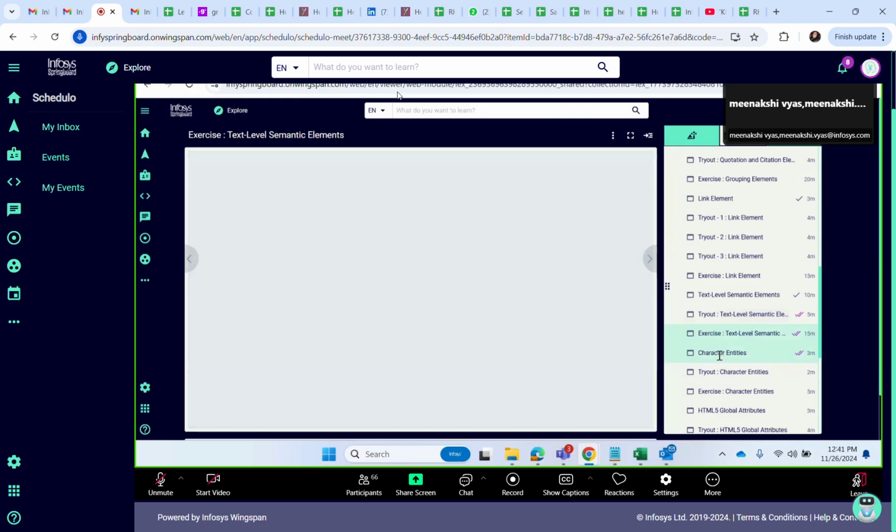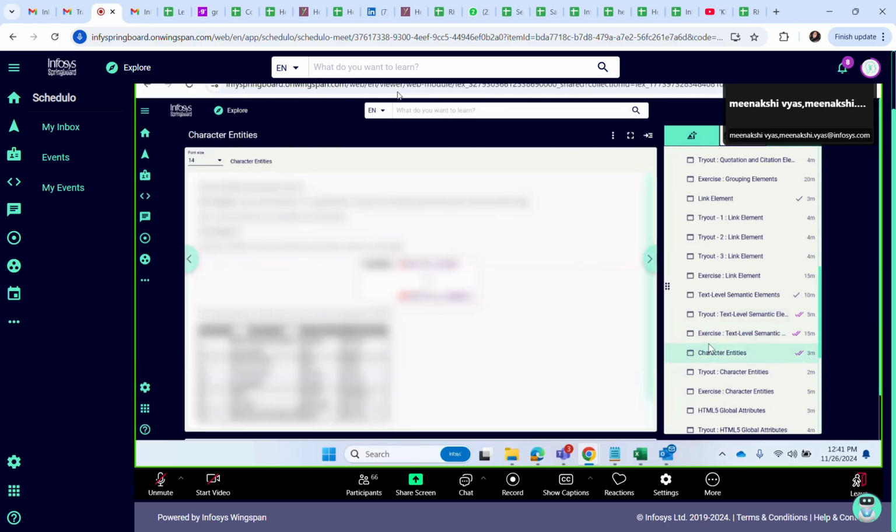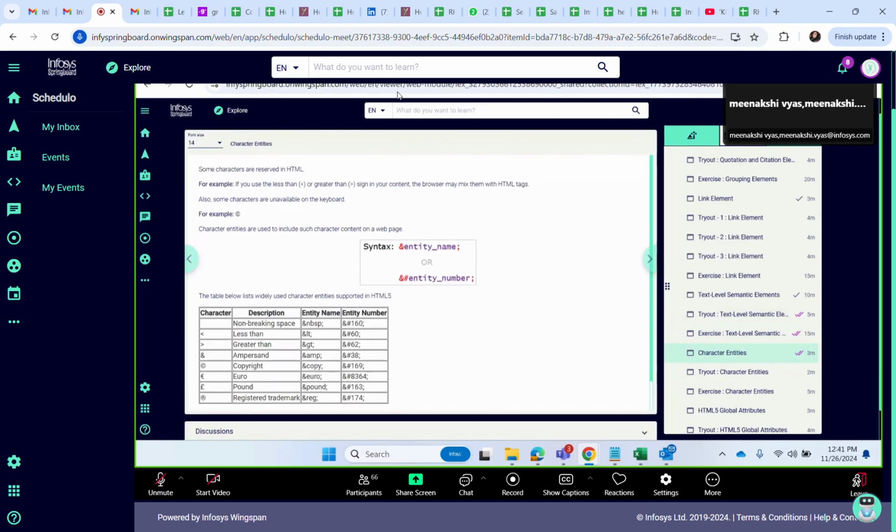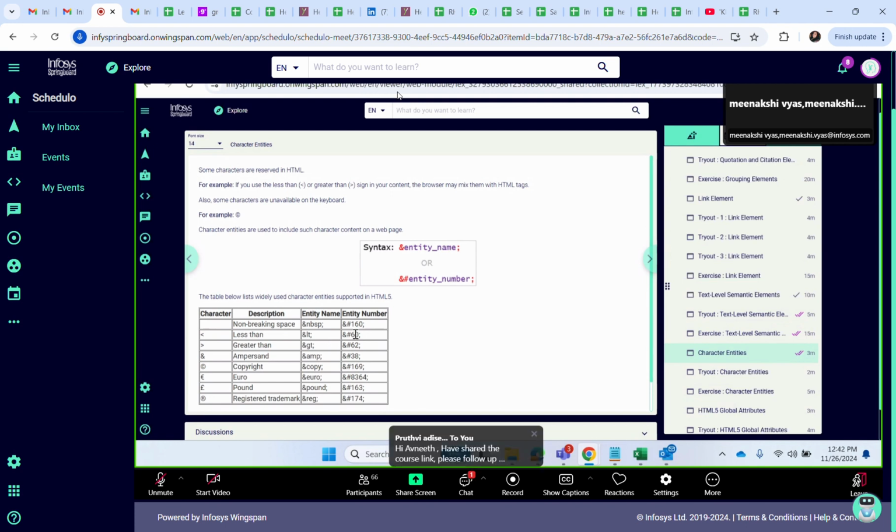Then there are few exercises you can do, and few character entities, right? So few characters are reserved in HTML. So if I want to add some space, or I don't want space to be added, I can write the address of NBSP, non-breaking space, less than. Instead of this character, I can write the address of LT also, and I can use this number also.